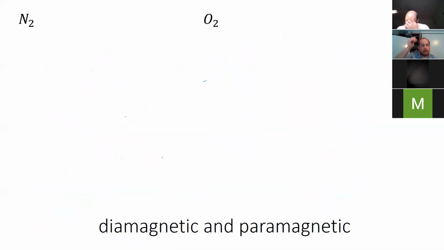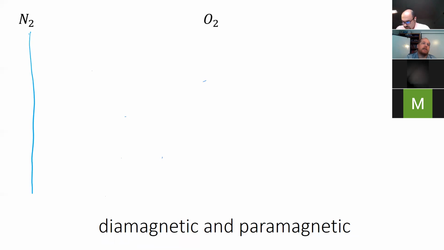So we've got N2 versus O2, and this is where we're going to see, as we construct these MO diagrams, a change in how we order the orbitals of the bonding pi orbitals and the bonding p sigma orbitals from the p orbitals. Okay, so with nitrogen,